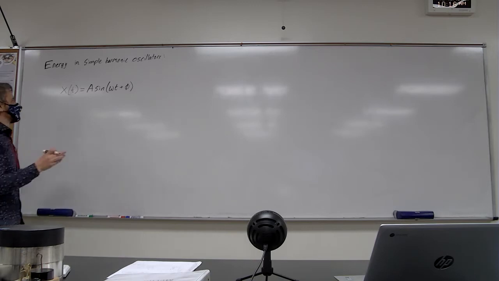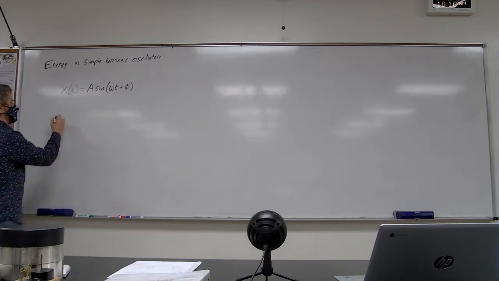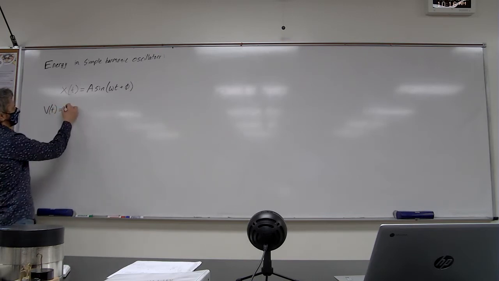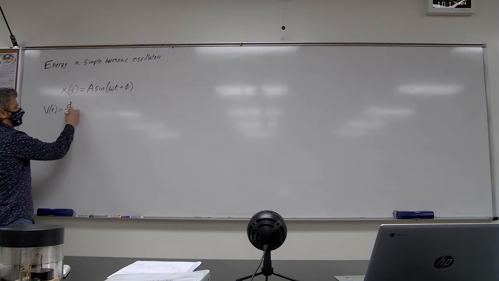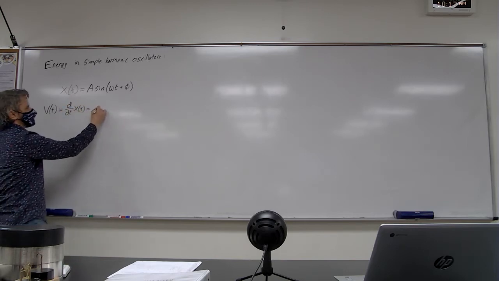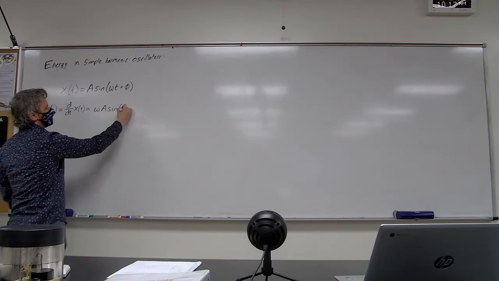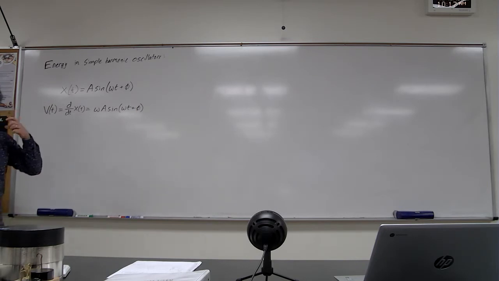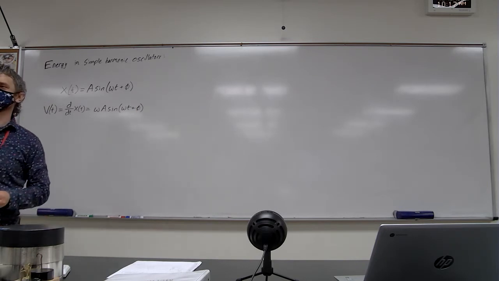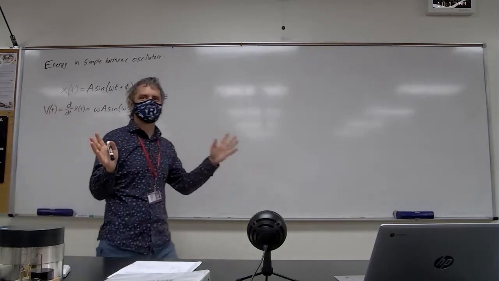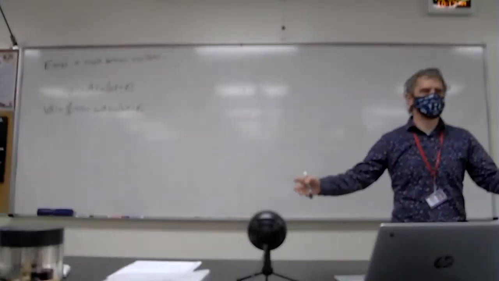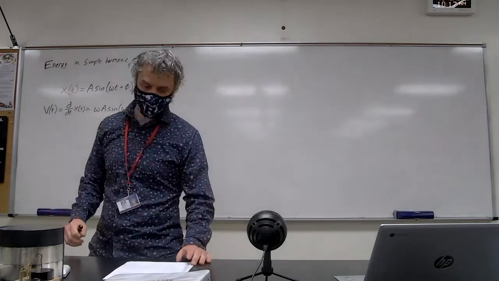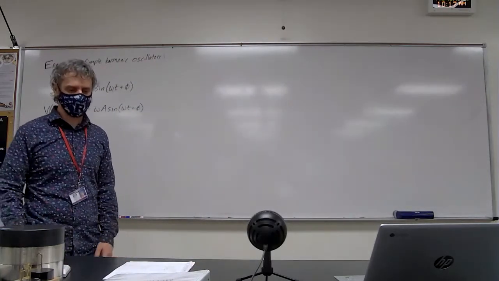And for reasons that you'll see in a second, I also want to have my velocity function. At this point it should be common knowledge that the velocity is the derivative with respect to time of the position, which in this case is just omega A sine(omega t plus phi). So we're going to need those two functions, because what we want is a single equation for the total energy in a simple harmonic oscillator that takes into account both the kinetic and the potential energies. This is for any simple harmonic oscillator, and then we're going to focus in a little bit on